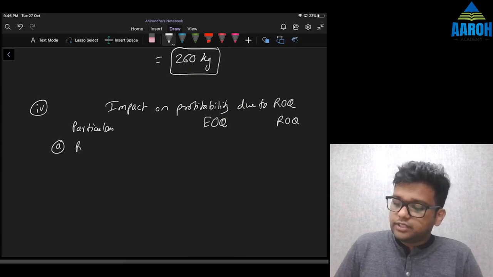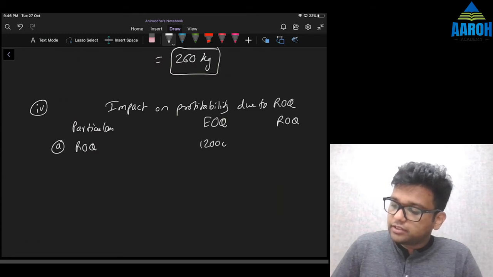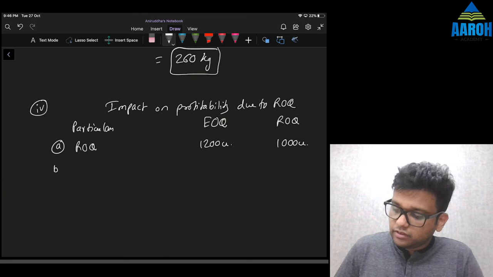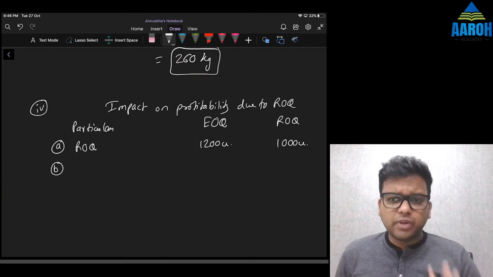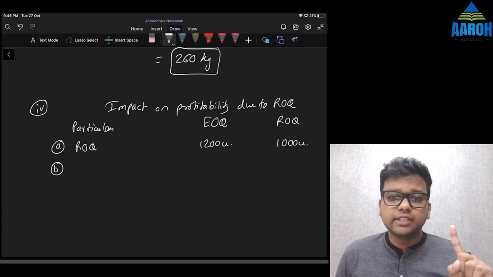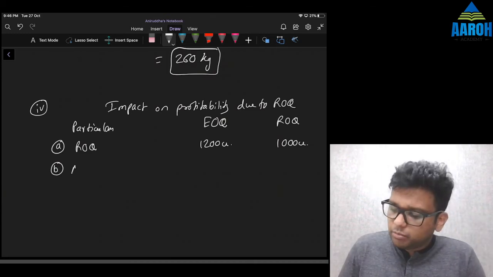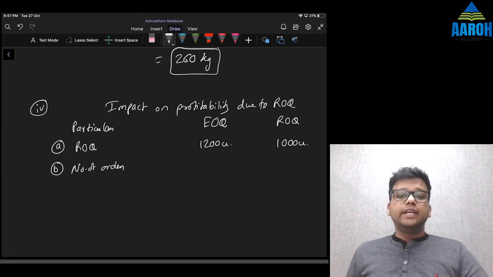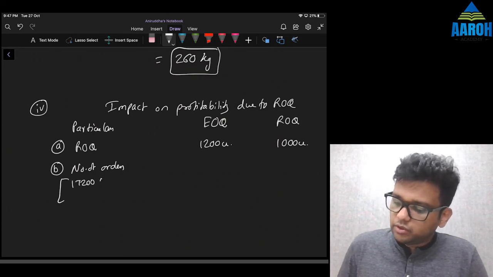First, what is the reorder quantity at these levels? EOQ we have 1200 units and ROQ we have 1000 units, right? Now understand there is no discount or anything, so we don't need to consider purchase cost. The only things that we have to consider is our ordering cost and carrying cost. So for ordering cost, we'll need number of orders first. Number of orders. In the year, we have to order total 17,200 kgs